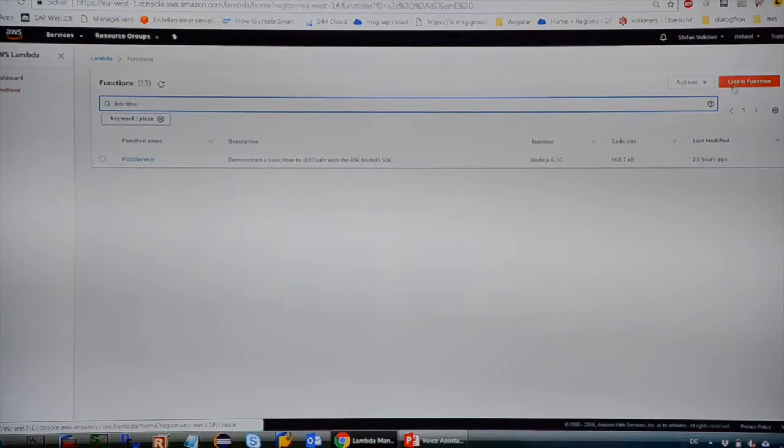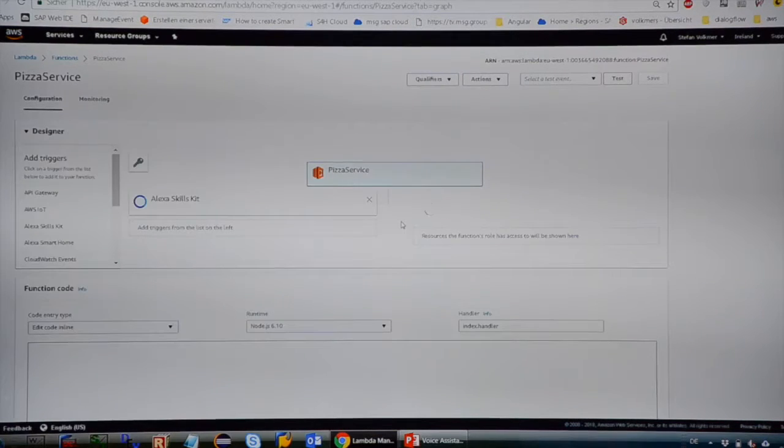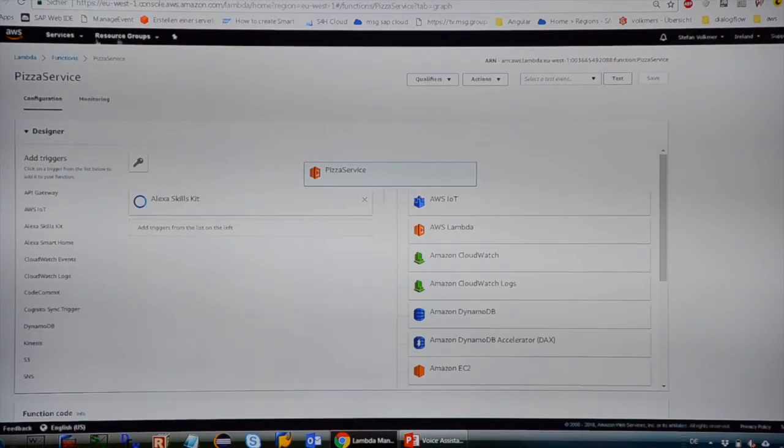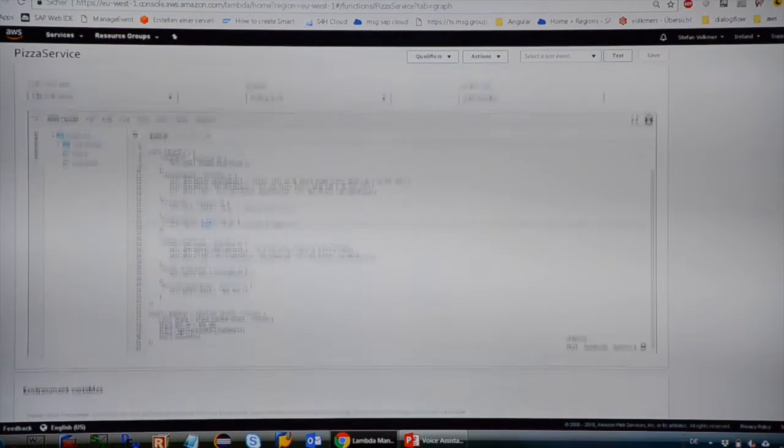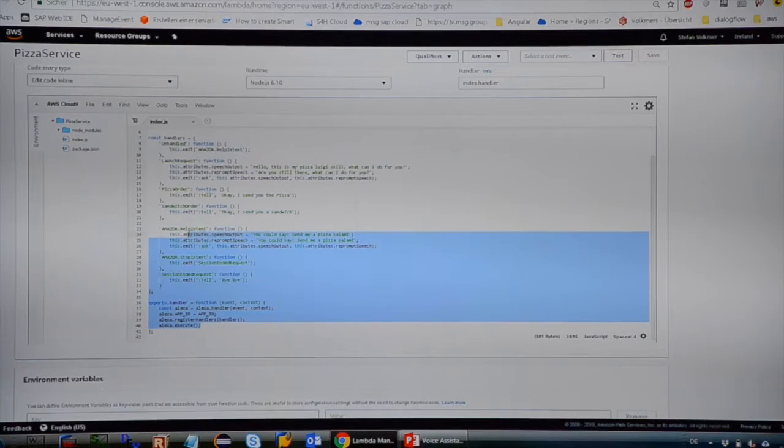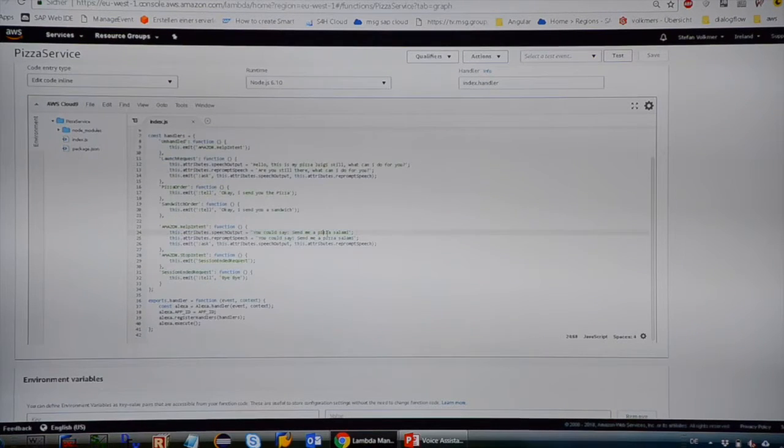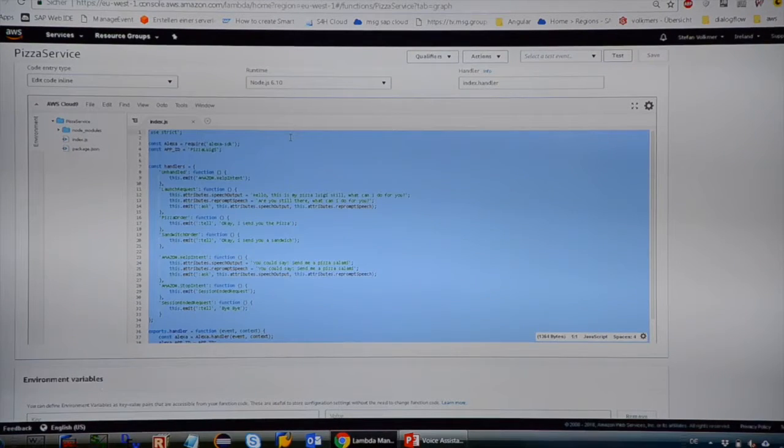I could create a new one here. And when I'm within one Lambda function, I see the triggers which can trigger my Lambda function. Here, the trigger is the Alexa Skills Kit. And here below, you see the source code. For my really hello world example, this source code is completely enough for a working Alexa skill,